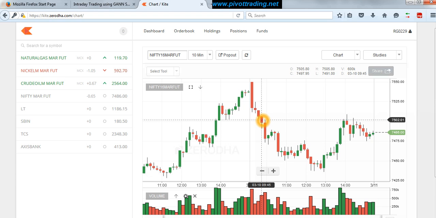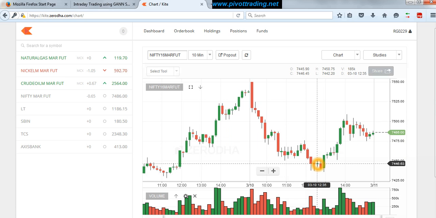So what will happen is, in the worst case scenario, if the market reverses after the first target, we would just be spending our brokerage. At least we won't be making any loss. And the plus point is if it moves to the second target, we are getting additional profit. And that is what has happened here. It didn't move upside again, it moved to the second target and then to the third target.